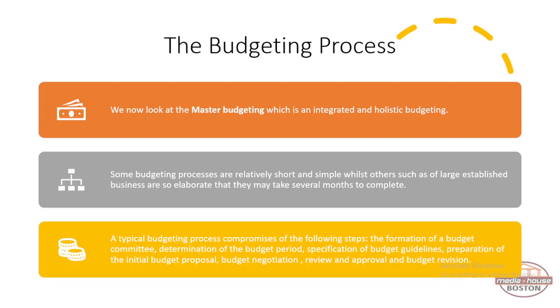So under today's lesson, budget processes. In terms of budget processes, we mostly talk about the master budget, which is an integrated and holistic budgeting process where we actually get to see the full company budgeting tools, or what the company expects in the next coming financial period. With the master budget, we talk more of operating budgets as well as financial budget. So it gets to be split into two.